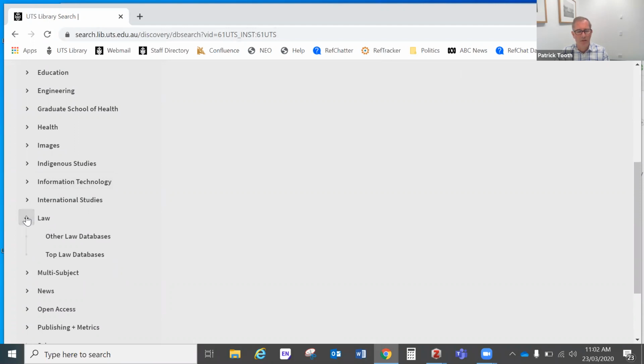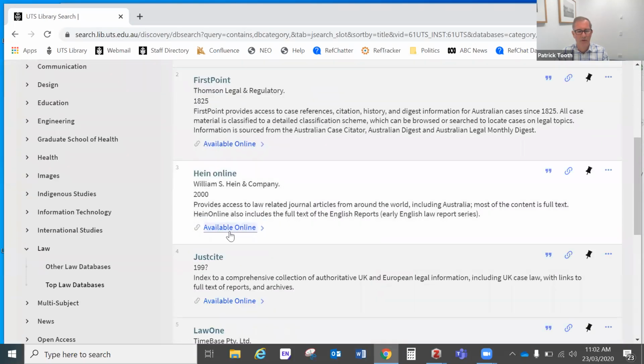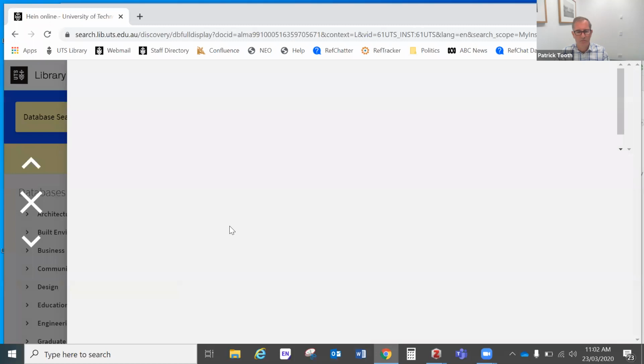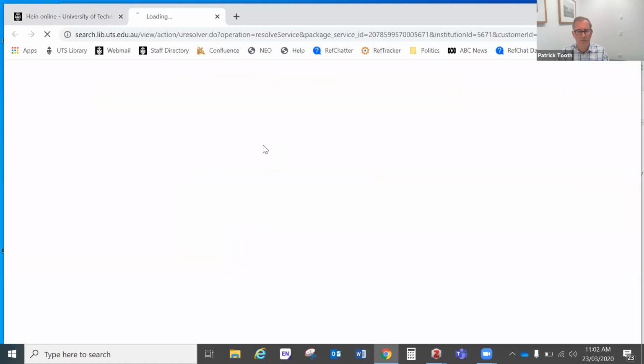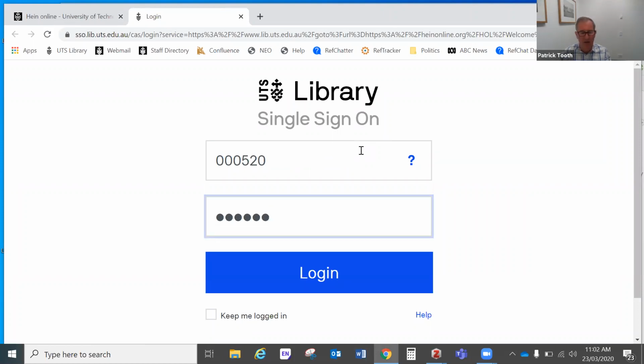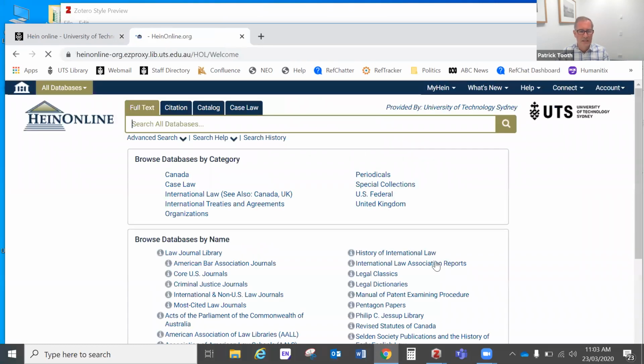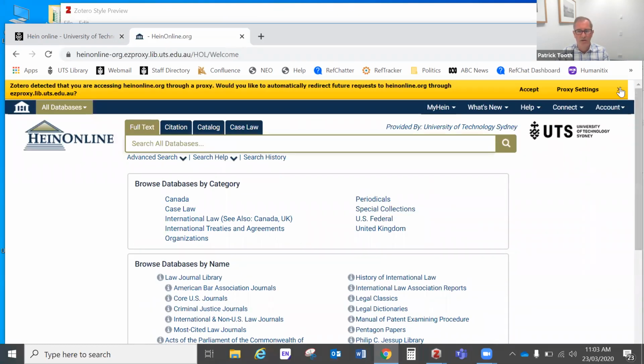Hein Online sometimes works and sometimes doesn't. Top law databases and Hein Online. You normally have to log in, as you always do for UTS online resources. So it's just your staff or student number and your UTS email password. Down a little bit. So it will log us into Hein Online, a busy Hein Online screen, as you would know,